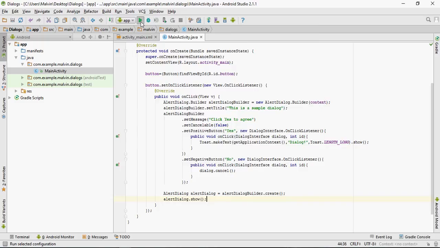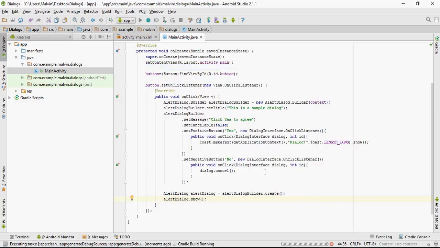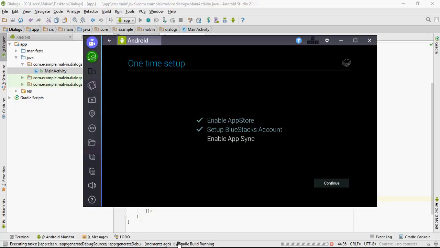So when we run, okay, so it takes a while. By the way, I'm using again the BlueStacks.